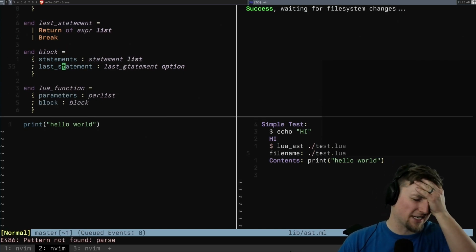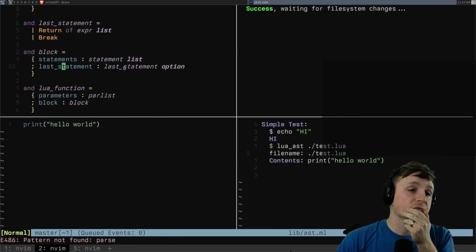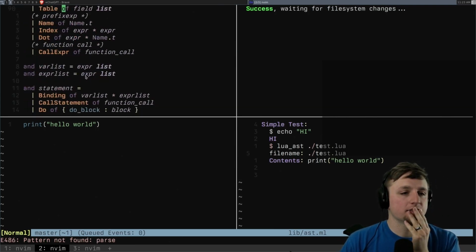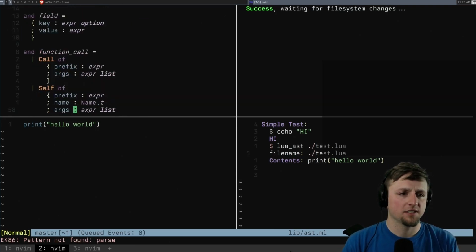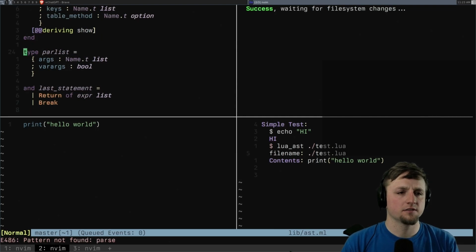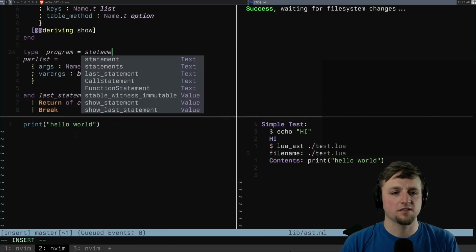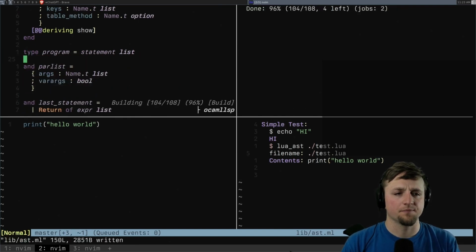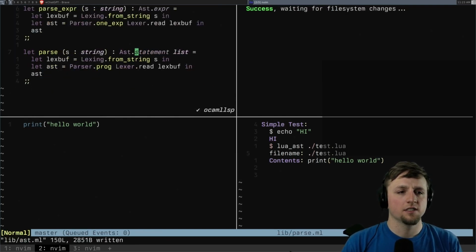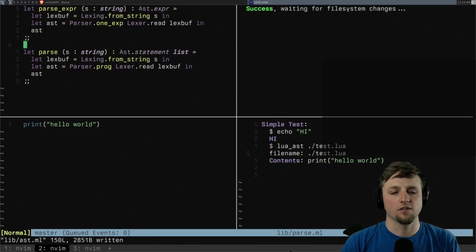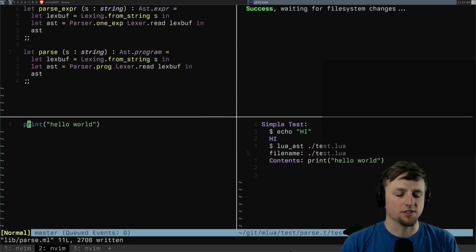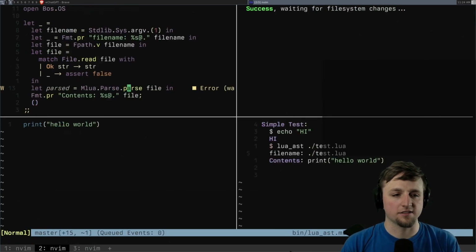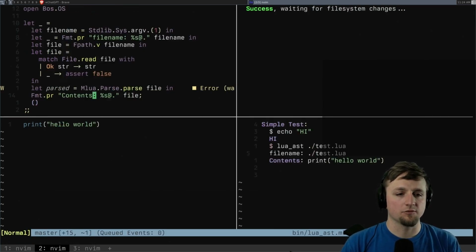I want to turn that into, yeah, so let's just go ahead and make a program just a statement list, right? So we can just go at the very top here. A program is statement list and here. Okay, and so then when we go back to here, we're going to change two words to program, which is good. And then we should be able to do print program as well, which is nice. So when we go back to our Lua AST here, we should get parsed, and then we should be able to go